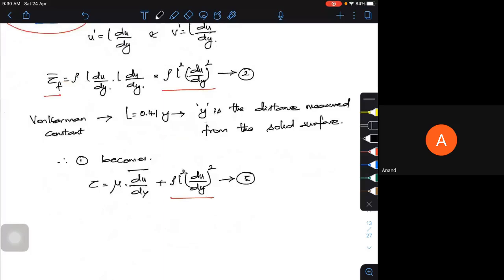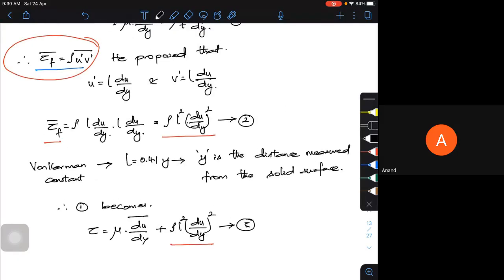So just to convert your tau, that is the shear stress values of the fluctuating or turbulence component, into some other length scale, that is L, which has been found to be 0.41 times y, so that I can put it into the Navier-Stokes equation and obtain a solution. So these kinds of models were proposed. This is used as a support to the Navier-Stokes equation.